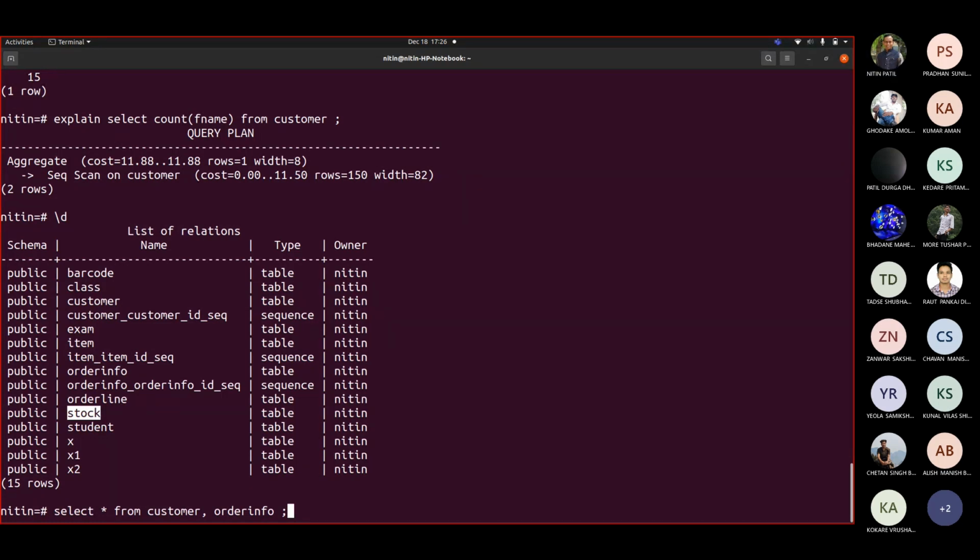Sir, it fetches all the records from customer and order info. But what kind of output would it be? Definitely we know that it is going to show you this.